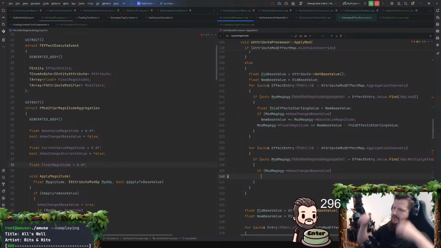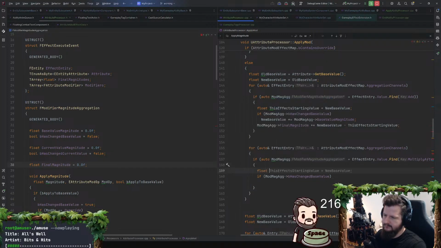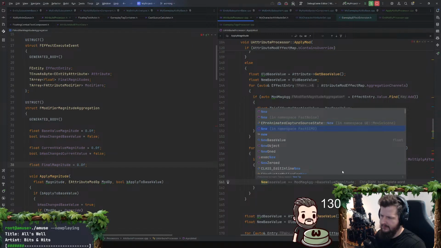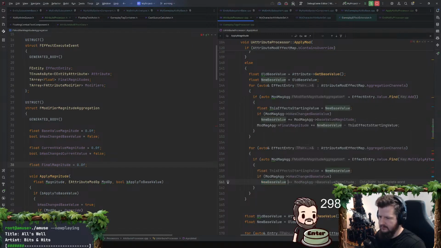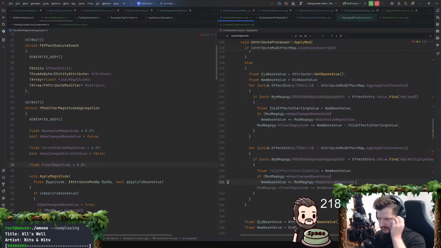Okay, so multiply after is actually, I think my equation is deviating from what the built-in gameplay ability system does. And I think that's okay for now. This affects starting value. Has changed base value. New base value times equals base value magnitude.